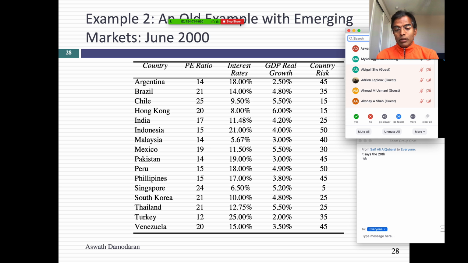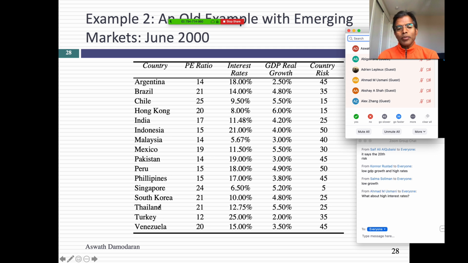One is the risk, which is pretty high, not as risky as Indonesia, but still risky. And what's the other? Remember how growth drives PE? It had one of the lowest growth rates in 2000. So it's low growth, then high risk, and maybe that explains the PE ratio. And here's the problem with storytelling. You can go on the one hand, on the other hand, on the third hand, the fourth hand. By the time you get to the seventh hand, you've completely lost track of which hand is holding what.